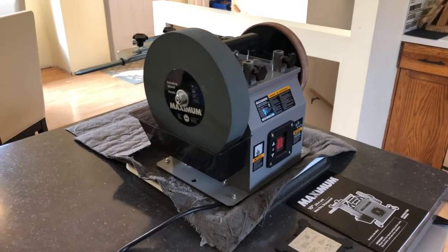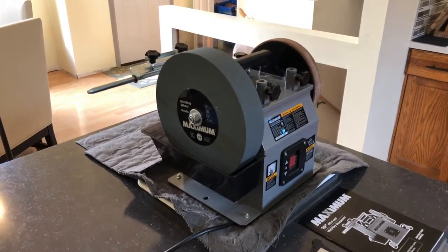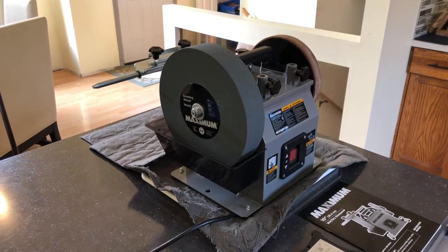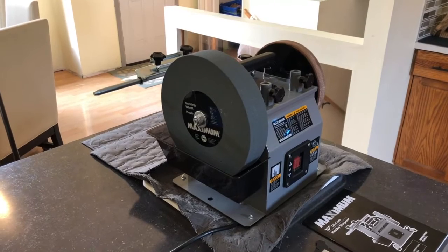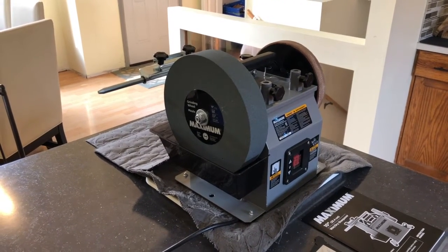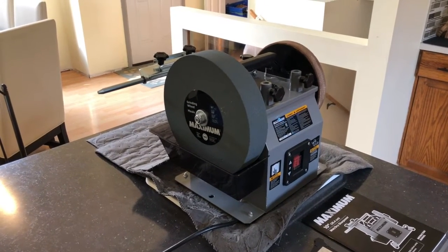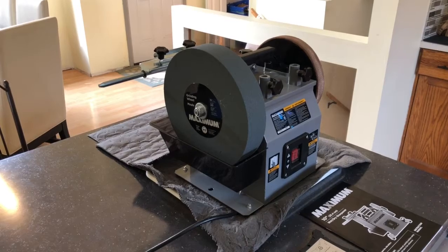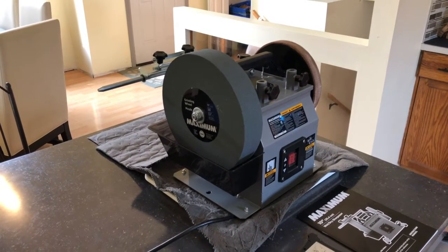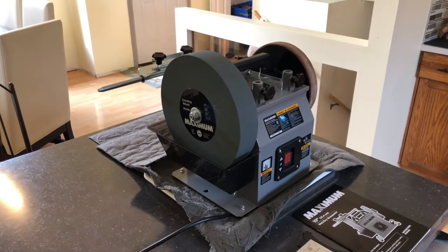All right. So it comes with a 10-inch wheel here that is graded out of the factory for around, I think, around 240 grit. Now, if you have a look at the Tormek system, it comes with a grading stone, and you can actually change the grit of this with that grading stone anywhere between 200 and 1,000. Now, this stone here is probably not the same quality as the Tormek stone, but it is able to change